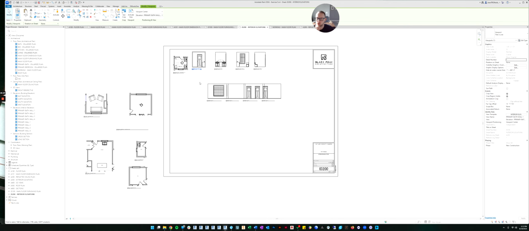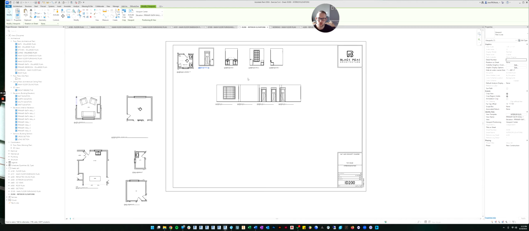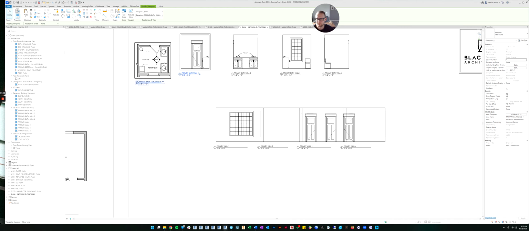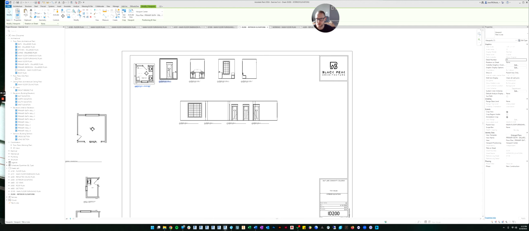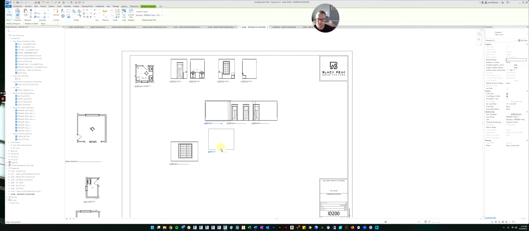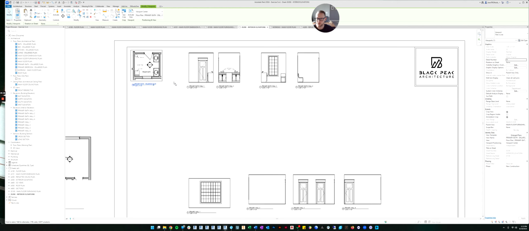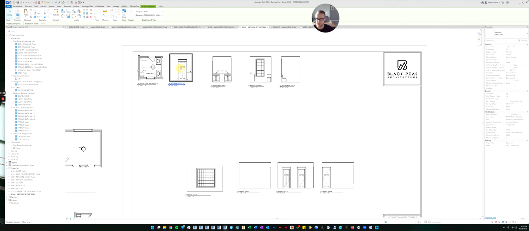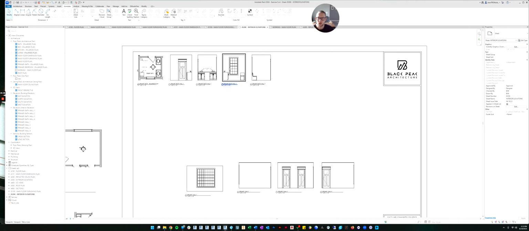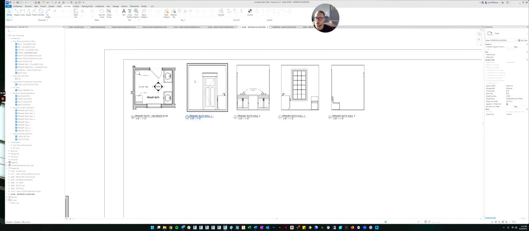The only thing you're going to want to do before you ever turn something in to me is make sure the sheets look good. So now, say we've annotated our views and we've got everything in them that we want. Now we need to arrange them in a logical manner. So let's do our floor plan for the bathroom, and then we'll do the elevations, and we'll just line them up nicely. Like this. You know what? There's one more thing I probably want to teach you.